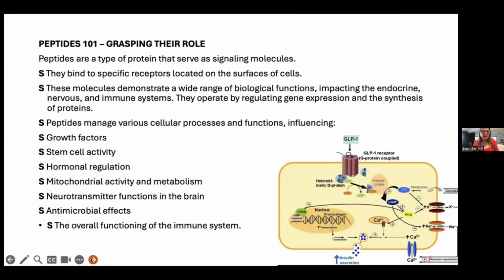So peptides are typically very small molecules of amino acids. They are proteins. So they bind to the receptor. This is an example of the GLP-1 and all the cascades of things that can happen from there. The molecules have a wide range of actions. So one peptide can have a variation of actions that's very common, and they can impact various biologic functions. They can affect the endocrine, the immune, the nervous system, and they usually regulate the genetic expression depending on their size. So they either have a cell signal on the membrane to trigger the cascade,